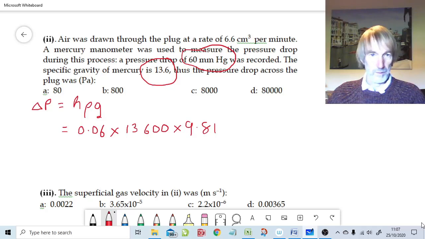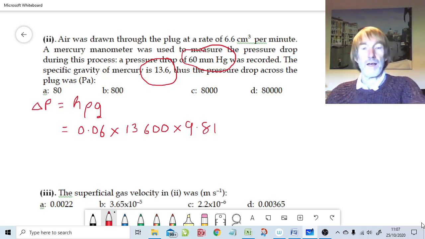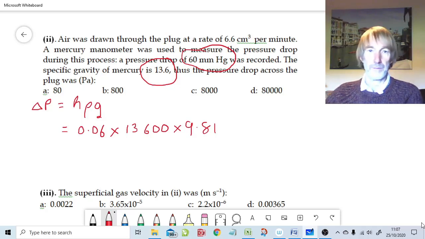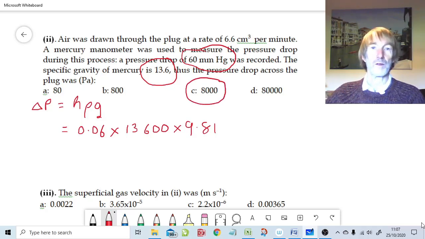0.06 times by 13,600 times by 9.81 is indeed 8,000 pascals. Okay, so the pressure drop when we suck or blow air at a rate of 6.6